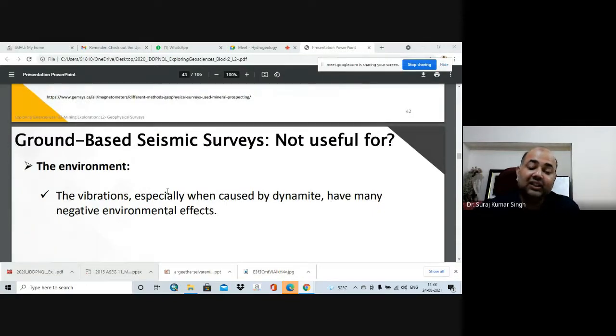And finally, related to the environment, the vibration, especially when caused by dynamite, has many negative environmental aspects. So you will be seeing that recently there was a landslide in Uttarakhand related to the collapse of a hydropower project. If you go into the reasons, many locals state that a few days or few months back there were a lot of small explosions in that area, in the upland area, that created the vibration and that created the instability